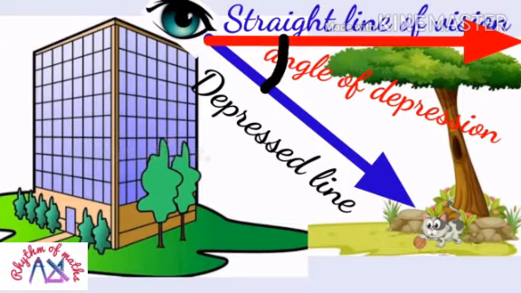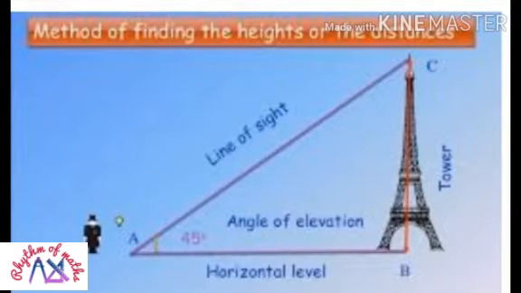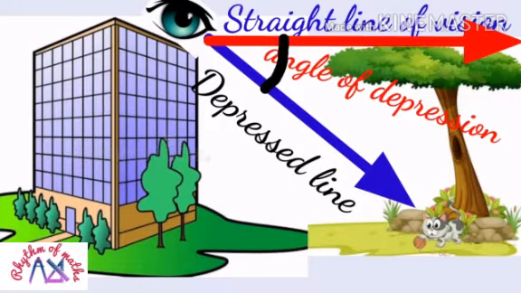In order to find the height of a building or the height of a hill, first of all we have to mark this angle of elevation or angle of depression. These two we have to calculate. That it will give in the question. At least one measurement is needed to find all these. In doing the problems it will be more clear to you.